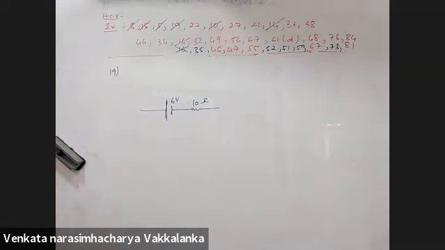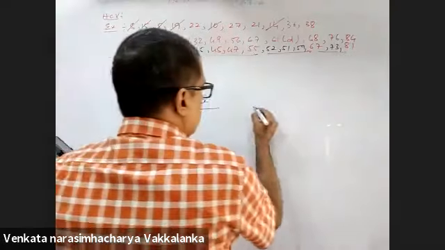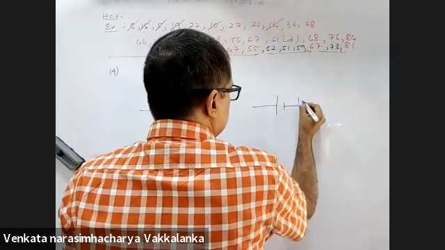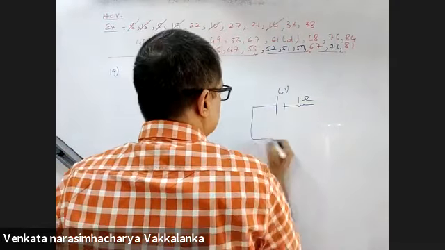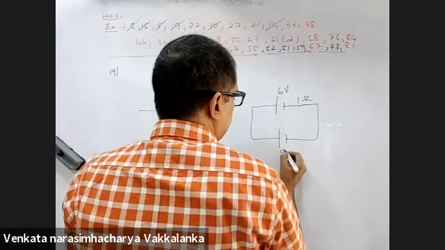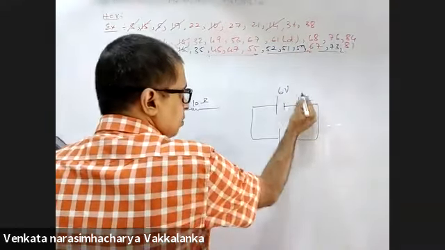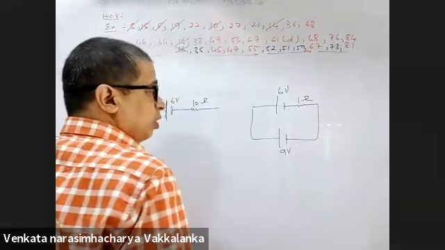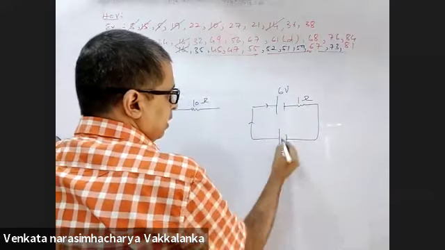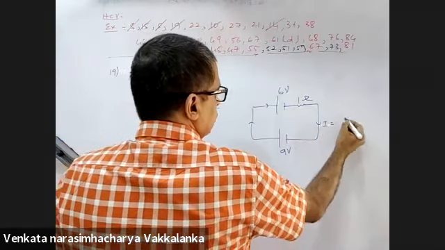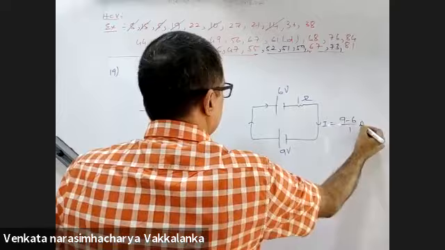The battery in its completely discharged state is connected to a charger which maintains a constant potential difference of 9 volts. Now, in its completely discharged state, it is 1 ohm. Find the current through the battery just after the connections are made. What is the internal resistance? 1 ohm. Now what will be the current? It will be 9 minus 6 by 1.